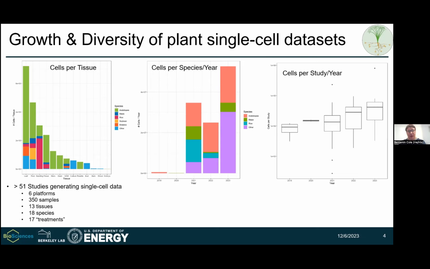And this also encompassed a bunch of tissues and treatments. And it's really started to take off. The first plant studies were published in 2019. There were just a handful, around 5 or so. And now it's really started to explode. And so I think it's important now, before the field takes off and starts generating tons and tons of data, to really consider what data is being reported and how to describe the data in a metadata scheme.